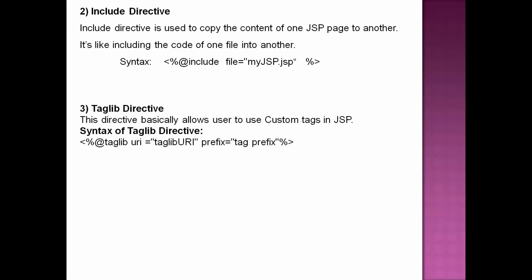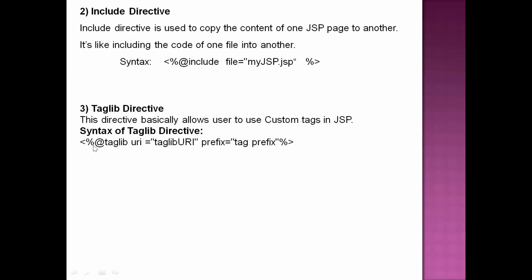Next, see the last directive, that is the taglib directive. Basically this directive is used for creating custom tags. I already told you that in JSP there is a facility to create our own tags. If you create your own tags, then we call those tags custom tags. Custom tags can be created by using this taglib directive. In the next session, I'll explain how to create custom tags using this taglib directive with an example program. For now, just try to understand the meaning of this taglib directive and where we will use it.